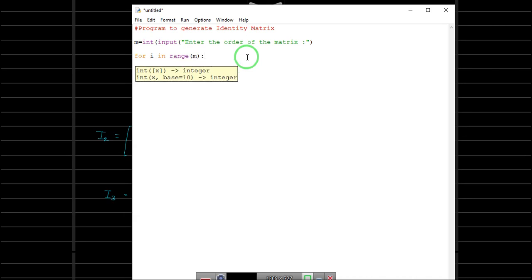And for j, again a range, as I said, the number of rows and number of columns will be the same. So what it will do is, it will start with i equals 1, or in computer language i will start with 0, and it will check whether i equals j.